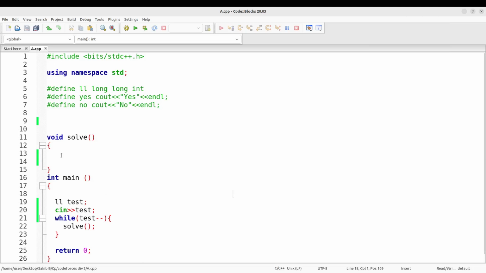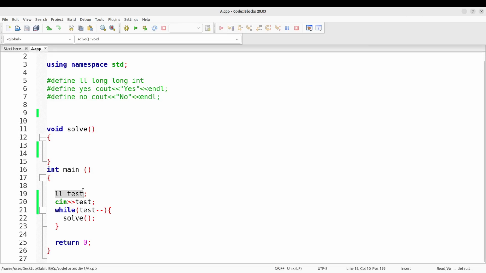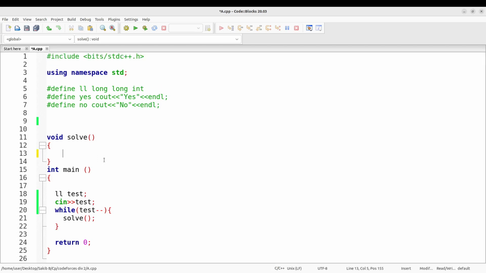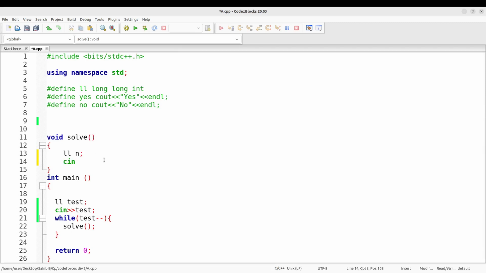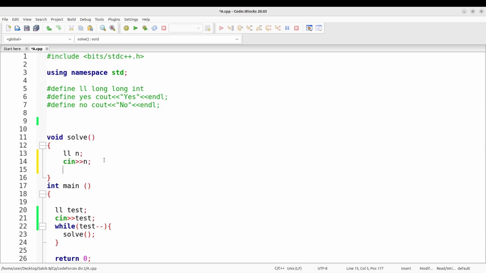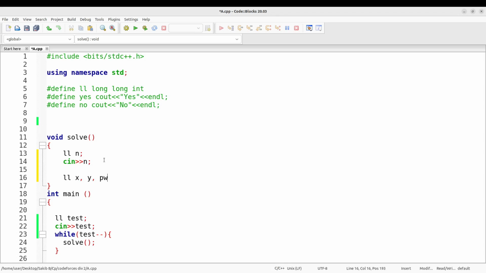Now we start the coding part. We first take the test case as input and run a loop until the test case ends. Inside the loop we call a function named solve. Inside the solve function we declare n and take n as input. Then we declare x and y, and also need a flag